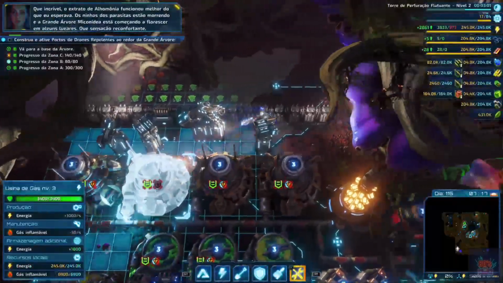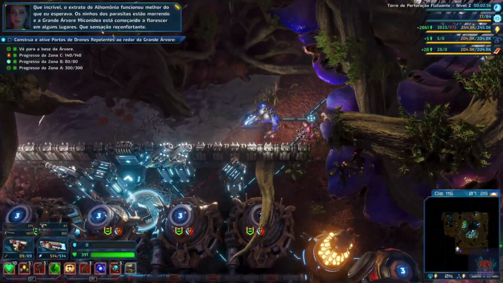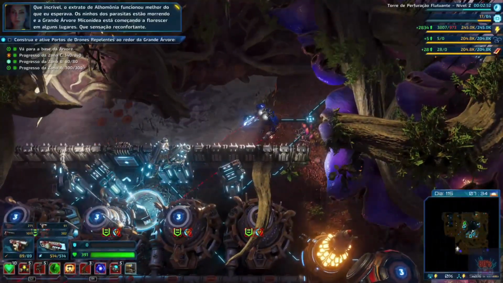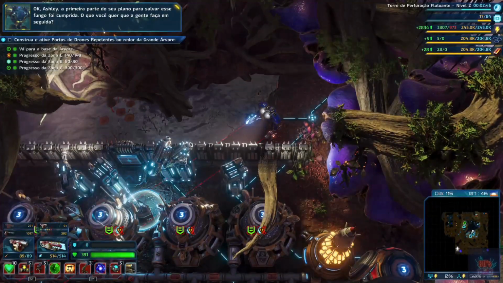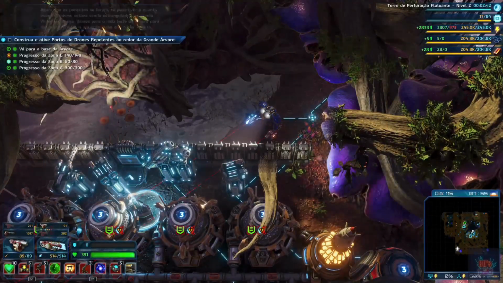This is amazing! The garlemonium extract worked even better than I expected. The parasite nests are dying, and the great mushroom tree is starting to bloom in some places. This is such a warm feeling. Okay, Ashley. The first stage of your plan to save this fungus is complete. What do you want us to do next? Now that